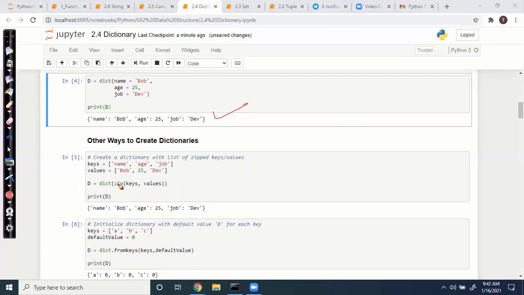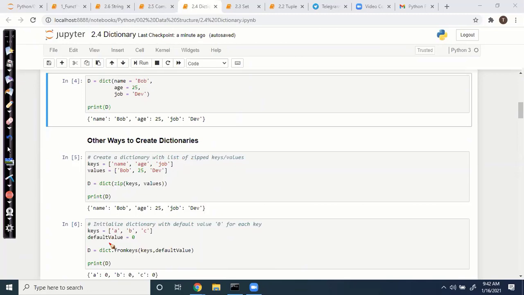What are the different ways to create a dictionary object? If we have keys and values, you can create a dictionary directly through zip. Zip is a Python inbuilt function. If you have a list of keys and a list of values, you can create it like this.